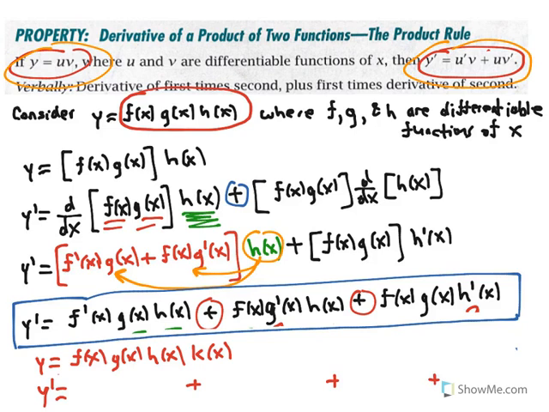In the first term, you'll have the derivative of the first function multiplied by the second, the third, and the fourth. In the second term, you'll have the derivative of the second function multiplied by the first, the third,